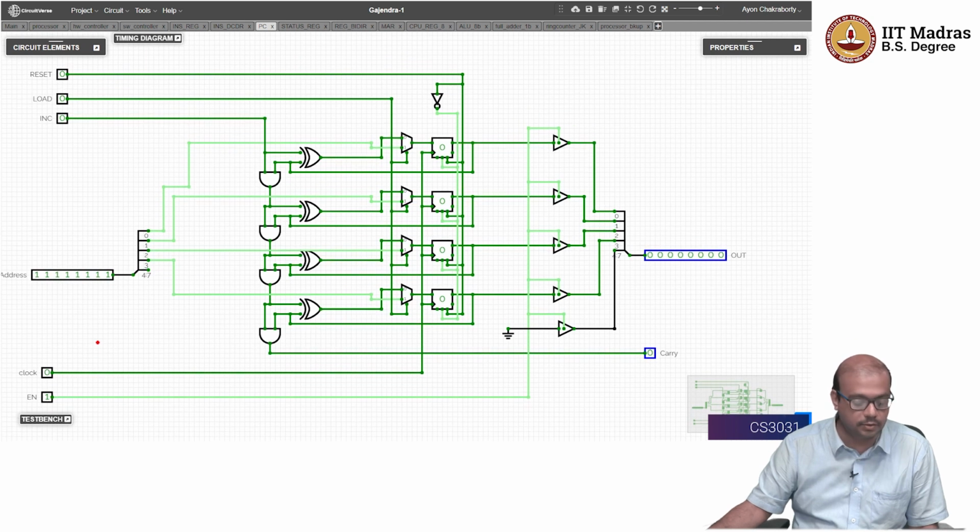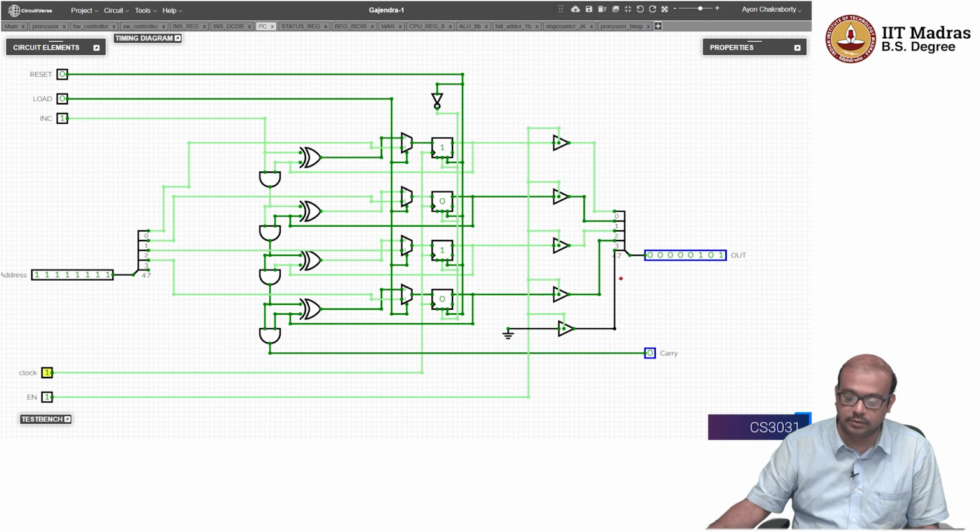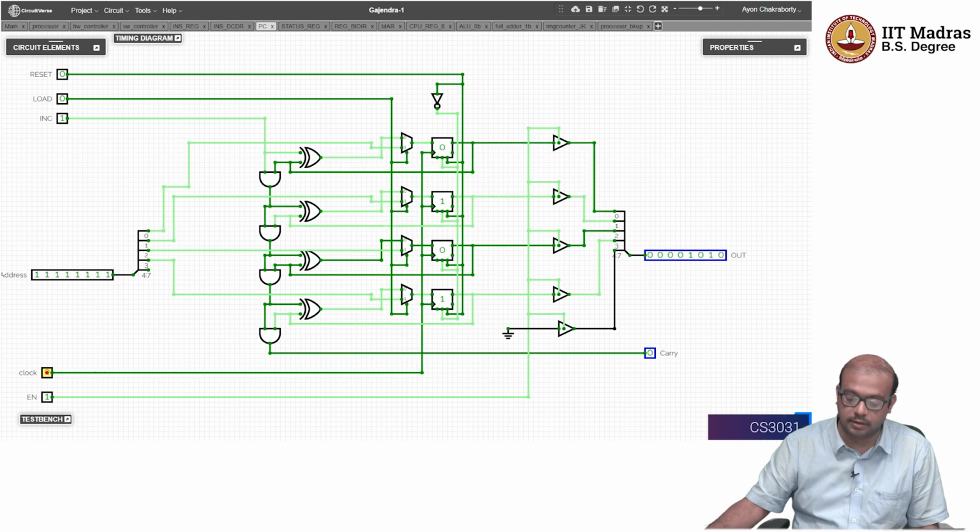Reset is going to reset the value of the counter. Load and INC, right? If INC is 0, even if you put a clock, there is nothing going to happen. Okay, only if INC is enabled and then you put a clock, you can see the count is starting to get incremented. So 5 and so on. Okay, so you can just follow this value. If I put a clock,